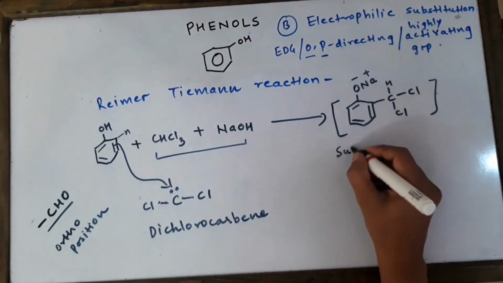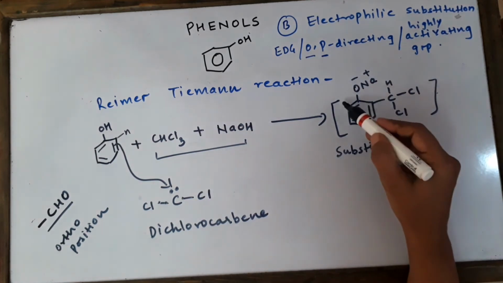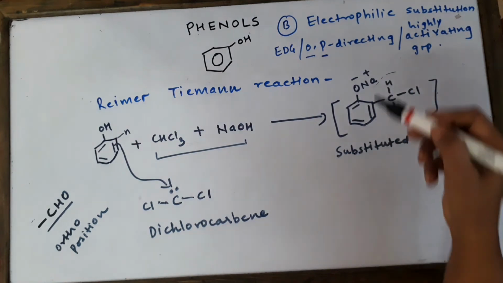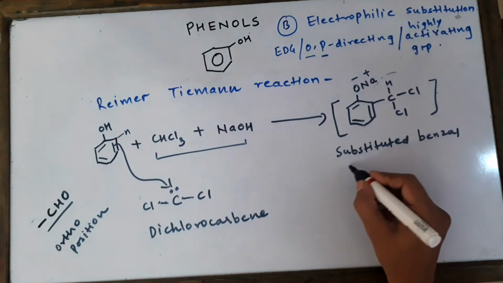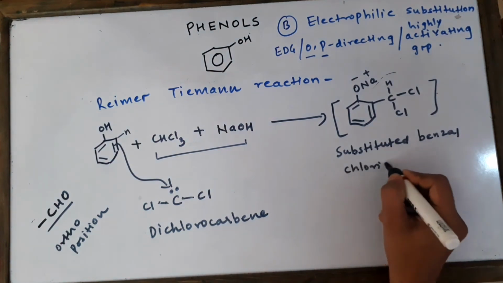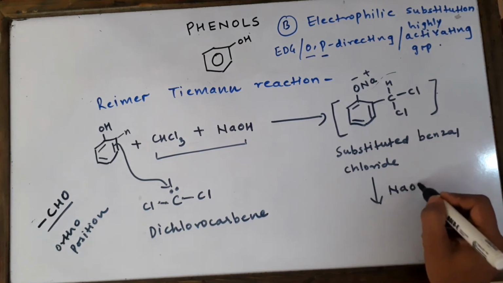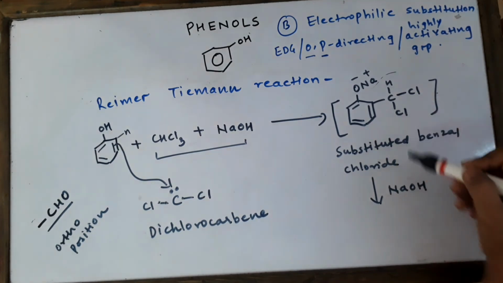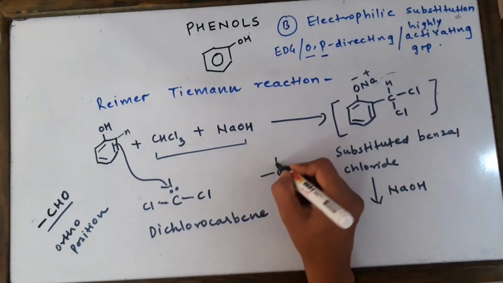It will be called benzyl chloride, but it is not simply a benzyl chloride. Benzyl chloride means this entire thing, okay. So it is not benzyl chloride, it is substituted benzyl chloride, because we have got something attached at the ortho position. So substituted benzyl chloride will be there. We are going to further react it with more NaOH. As a result, the nucleophilic substitution will take place. Cl will be removed, OH will be attached, one more Cl will be removed, one more OH will be attached, and you will get a structure which would look like this.